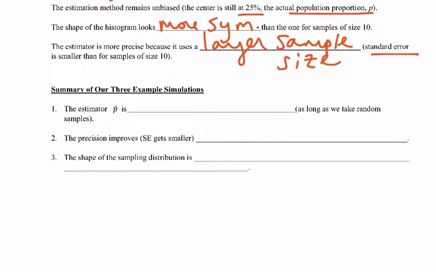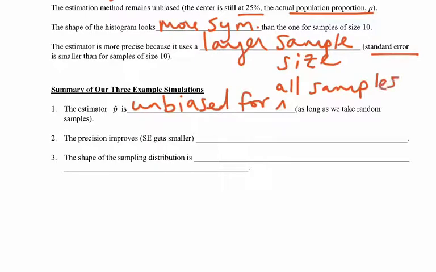So let's summarize the takeaways here for these simulations. The estimator P hat is unbiased for all samples. The key with this is that as long as we take samples randomly, and in this case I did because I let StatCrunch, the technology, do the sampling for me, our P hat is always going to be an unbiased estimator. The precision improves, and what that also means is that the standard error gets smaller